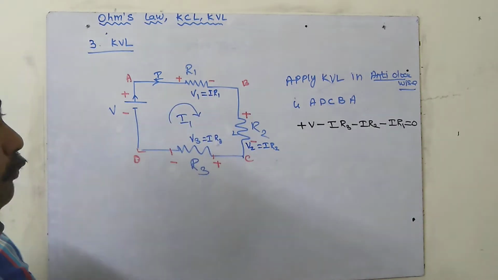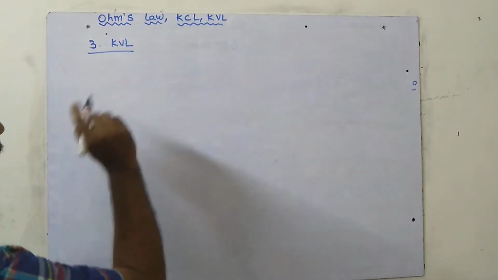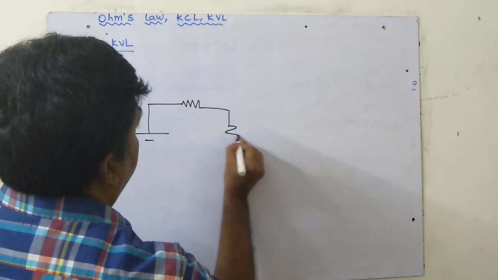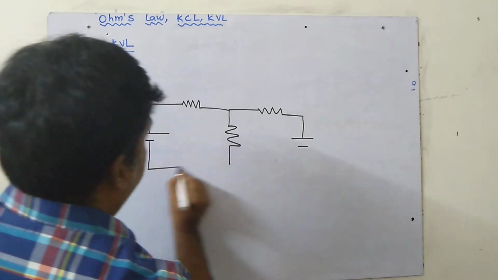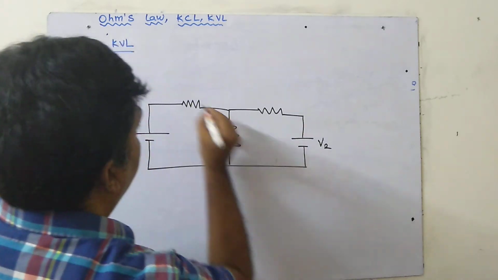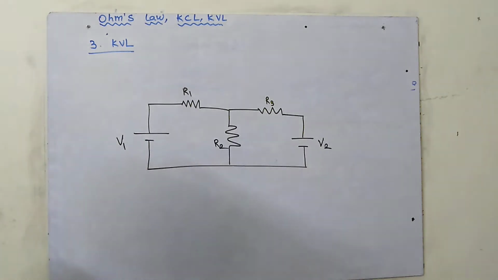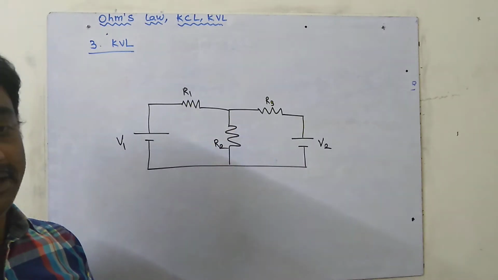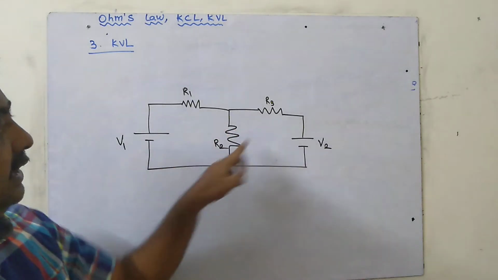Okay, next I will go for a double circuit, a two circuit thing. Here I am taking a circuit like this. Here also a voltage source is there. Suppose they are asking to apply KVL. This is V1 and this is V2, this is R1, this is R2 and this is R3. Suppose they are asking, by using KVL, find the current in each mesh. Mesh means closed path. Otherwise, find the current in each resistor, like this they are asking.